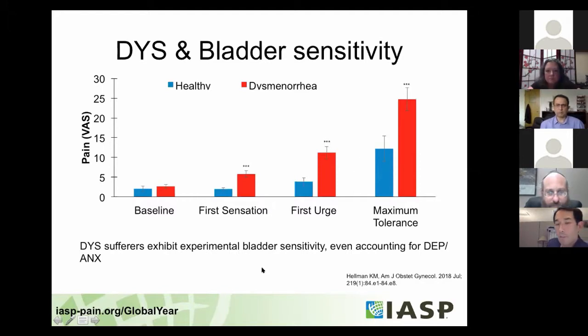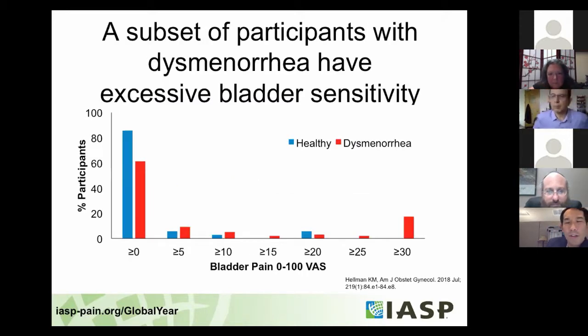One might say, well, perhaps this is nevertheless contaminated by an individual's mood state, but in multivariate analysis accounting for depression and anxiety, these relationships remain robust. When you look at it, just parse that a little bit differently, and this becomes important if we're going to talk about eventually screening. We can see that a full maybe 20+% of the individuals on the right side of